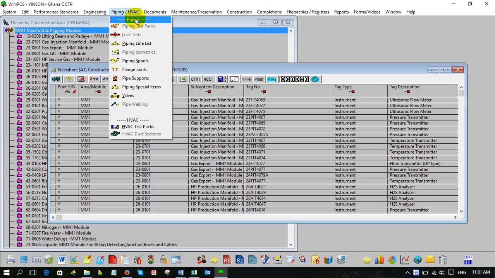Don't worry. The test pack is very strong. We have to be very careful with the test pack because everybody will look at it. Test pack is very important. Other areas are also the same, but I don't know why people like to see the test pack. That's why test pack is very good.